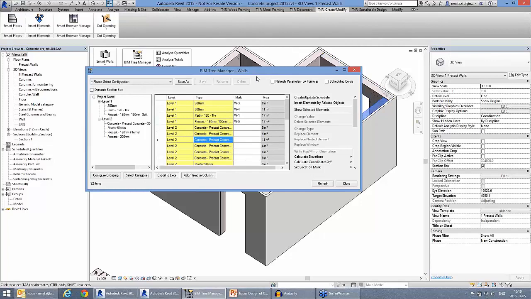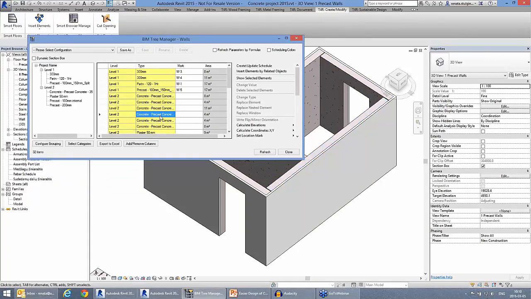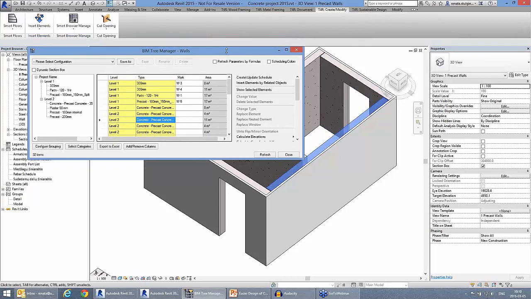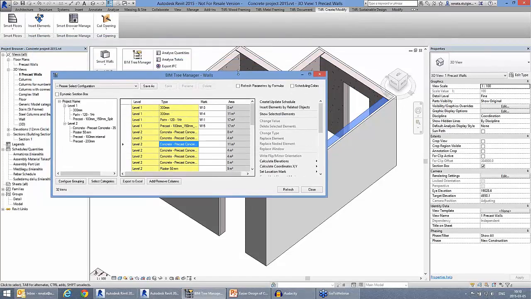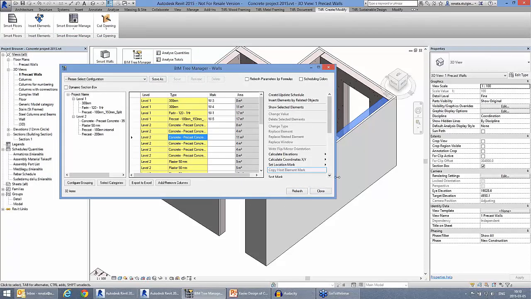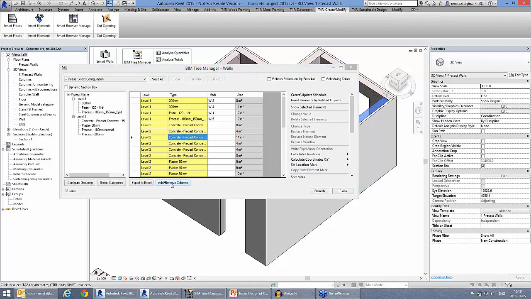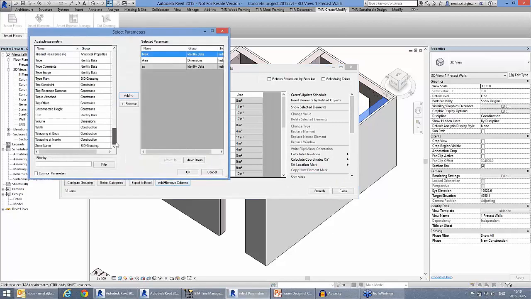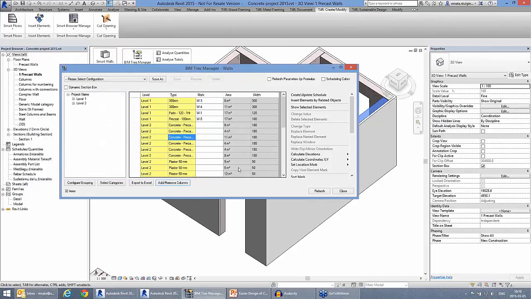And after selecting the rows in this table, you will be able to see that selection in the project. So you will understand what exactly walls you are selecting. At the same time, you can add additional parameters if it's necessary. If you would like to see, for example, the width of the wall panel, you can also add this